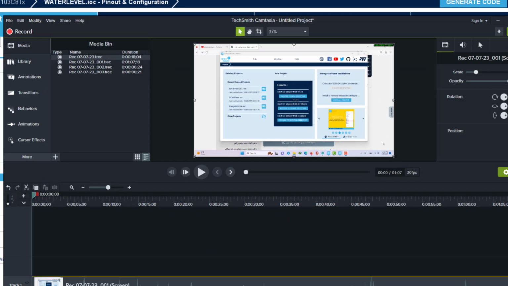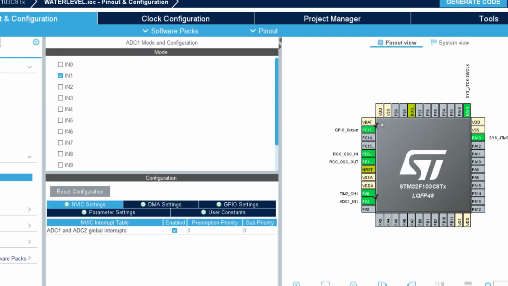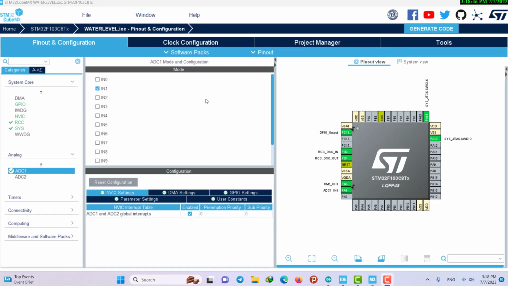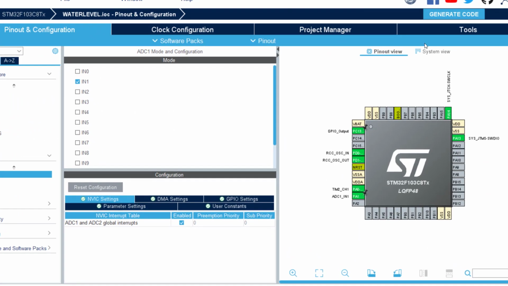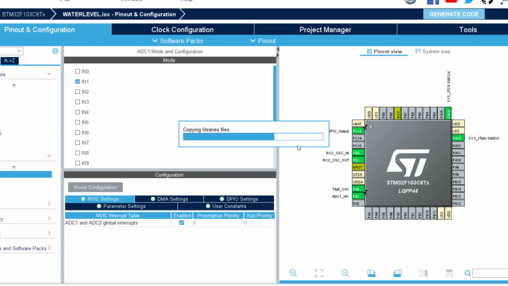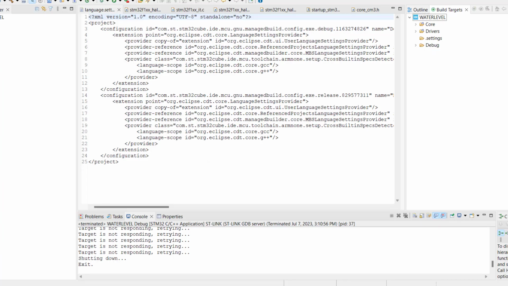Okay, let's go for it. After doing this, we come to here, select generate code, and after our code is generated, we go to CubeIDE, and we have our code here, water level, and the